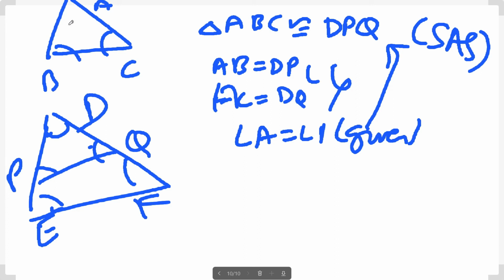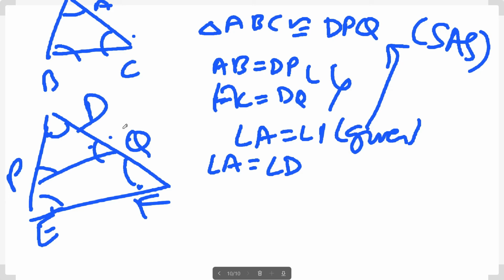Congruent हो चुके हैं मतलब ये सारे एंगल सब इक्वल हैं. A तो D का ऑलरेडी इक्वल था, एंगल A equal to D ऑलरेडी था. अभी B और C भी P और Q से है. P किसका E, Q किसका F. तो सारे एंगल्स भी इक्वल हो गए. इस ट्रायंगल के सारे एंगल्स इक्वल हो गए.